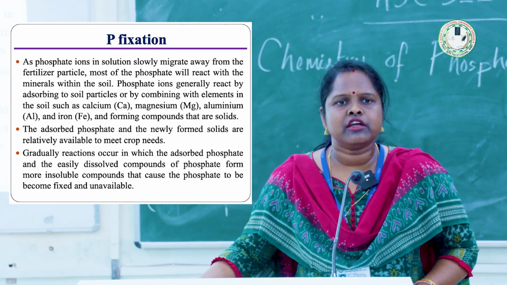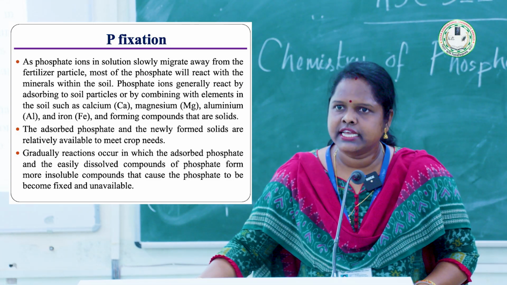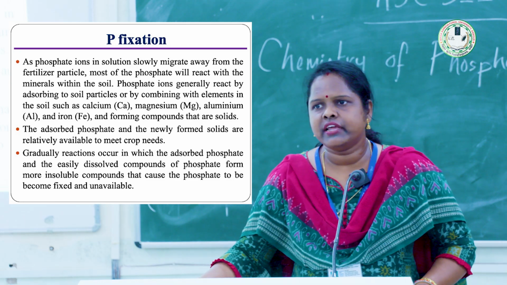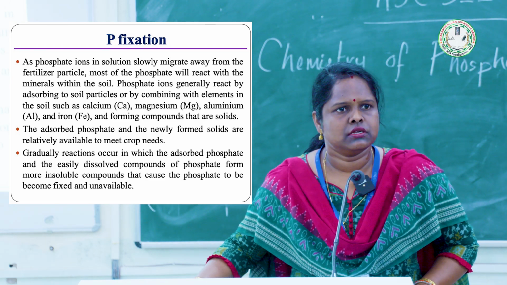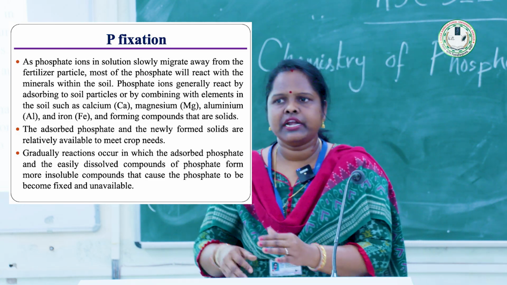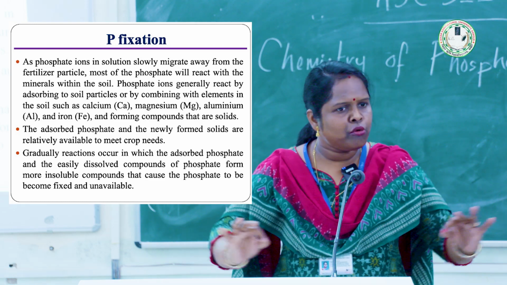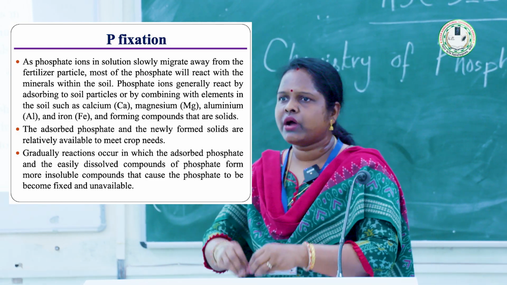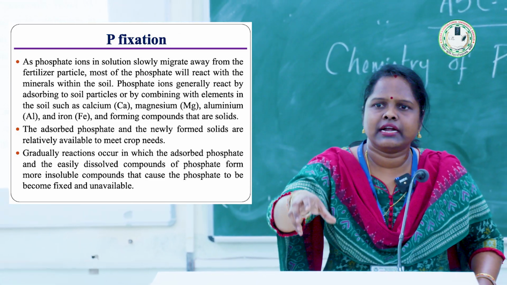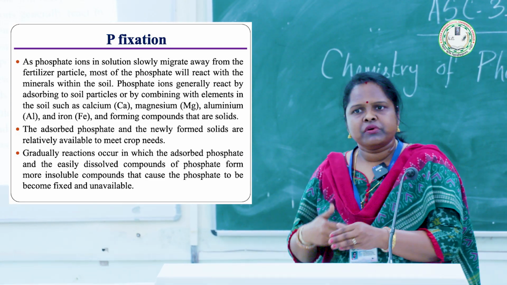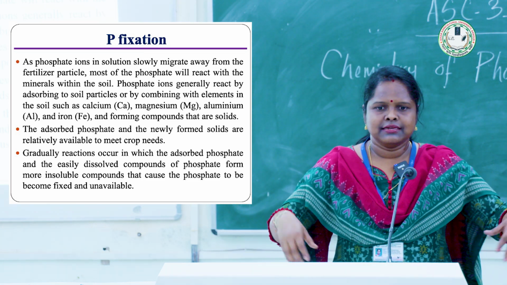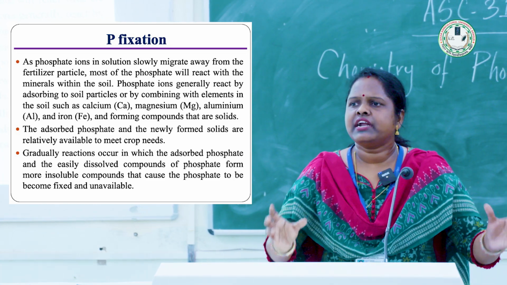One of the important processes related to phosphorus transformation in soil: 80 to 90% of the soil phosphorus gets fixed in the soil system after application of phosphatic fertilizer, be it through inorganic fertilization or organic fertilization. What happens? The moment we apply the inorganic form of nutrient to the soil solution phase, phosphorus is immobile in soil. It cannot go from one point to another point. So that's why we generally apply the phosphatic fertilizer at the root zone. When phosphorus comes into the soil solution phase or soil system, then it goes through different and complex